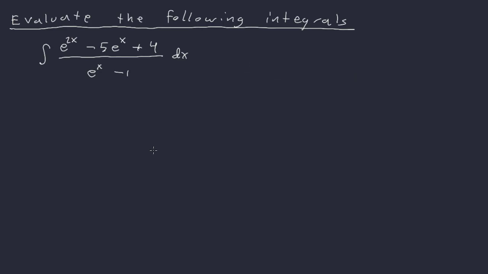Okay, let's look at this integral. So we have e to the 2x minus 5 e to the x plus 4 all over e to the x minus 1. Again, if you ever see a fraction like this, you should expect that things will simplify in some way. In this case, they will, though you might not recognize it immediately. So notice,